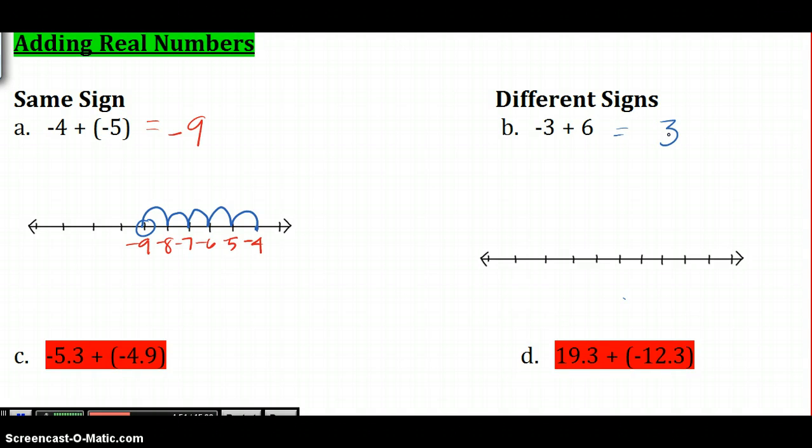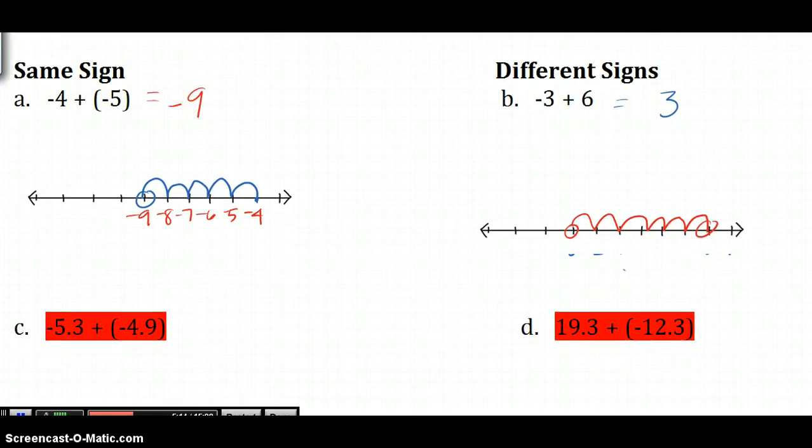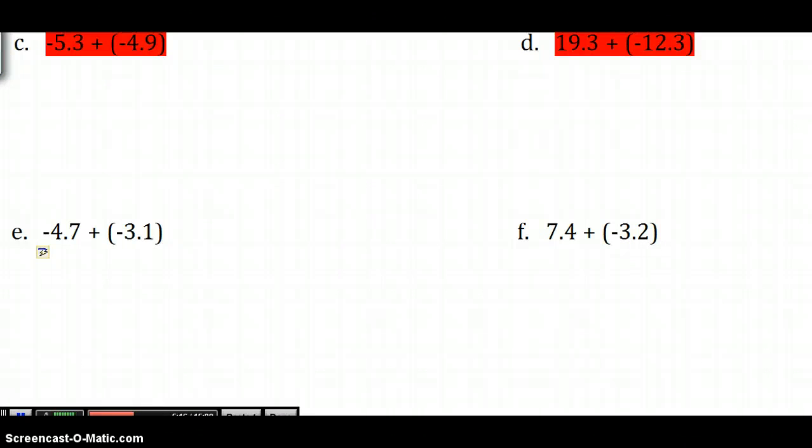Again, you can always use a number line. So if we're at -3, and we need to go 6 in the positive direction, here we're at negative 3, we go 6, 1, 2, 3, 4, 5, 6 in the positive direction, and we get to 3. So before you do these ones in your notes, I want to do 2 more examples with you that have decimals. These have the same sign, so our rule is we're going to add the absolute values,